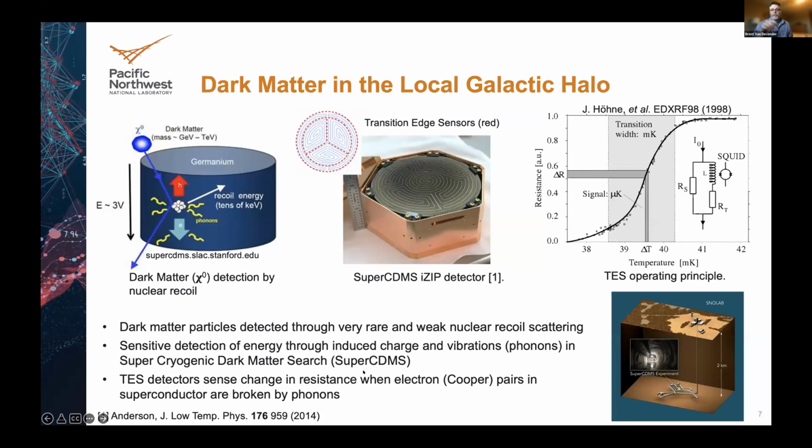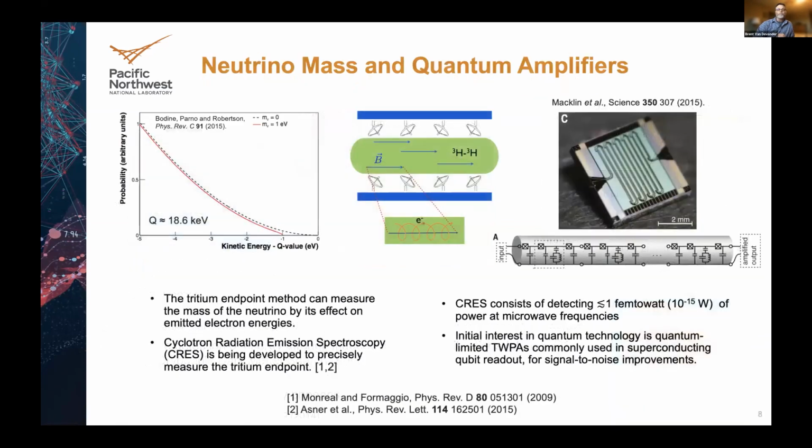And I should say that this will come up later. In a superconducting circuit, the magic of a superconductor is that at cold temperatures, the electrons pair up into what we call Cooper pairs. And it's that pairing of electrons that allows them to flow without electrical resistance. The breaking of those pairs is what converts it back to normal metal. And this will come up again later in the talk.